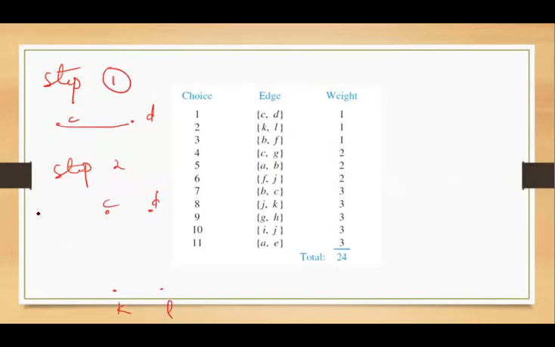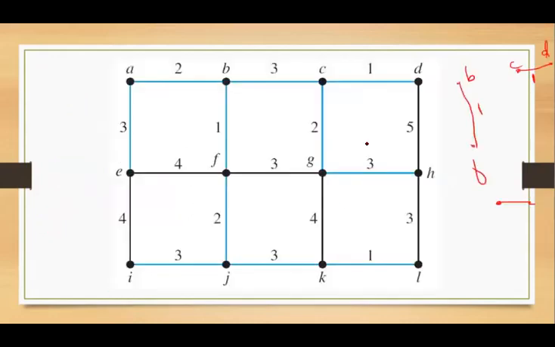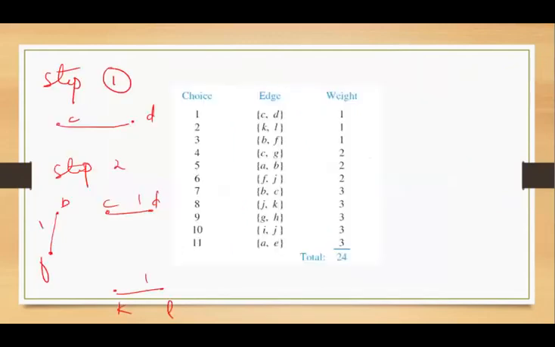Now here I'll directly add BF. Then after that I am supposed to add CG. All of these edge weights are 1. The next minimum are CG, FJ, AB. Let's check whether we can take all 3 or whether they form a circuit. Yes, we can take all 3. CG, the weight is 2. FJ, the weight is 2. And then AB with the weight 2.